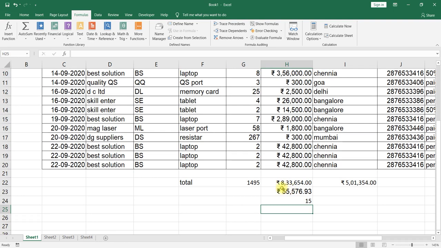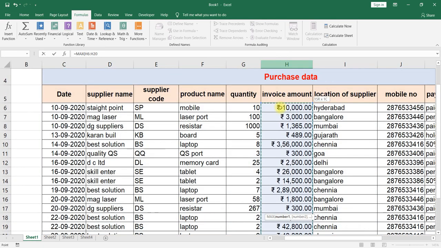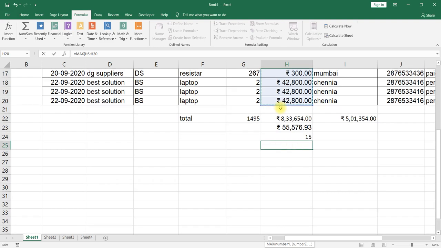Okay, average, sum, maximum. To calculate the maximum invoice value, equal to MAX, then select the invoice values from where you would like to check the maximum, close the bracket, enter. Maximum invoice value is 3,56,000.